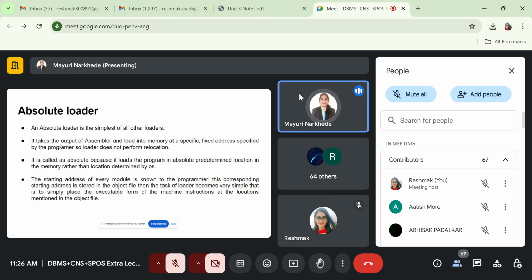Okay, it takes the output of the assembler and loads it into the memory at a specific and fixed address specified by the programmer. So the loader does not perform any relocation. Okay, it is called absolute because it loads the program in an absolute predetermined location in the memory rather than a location determined by the operating system.